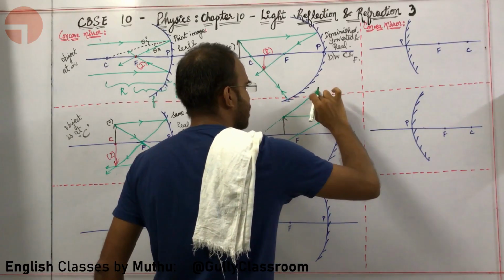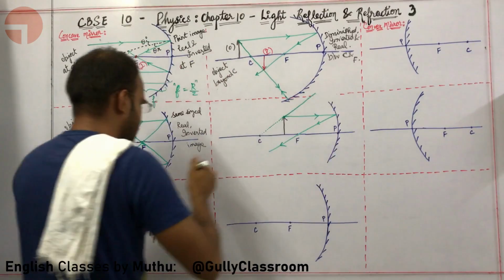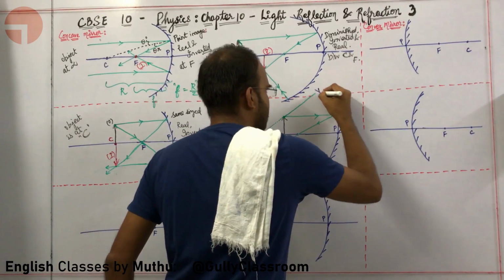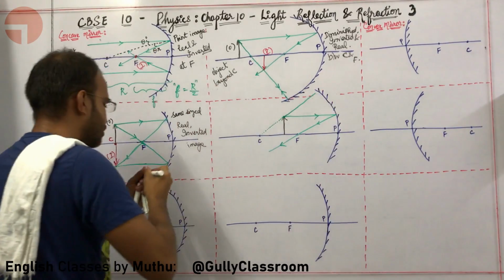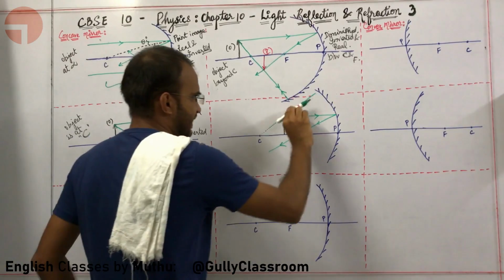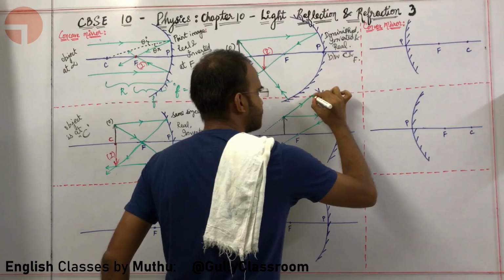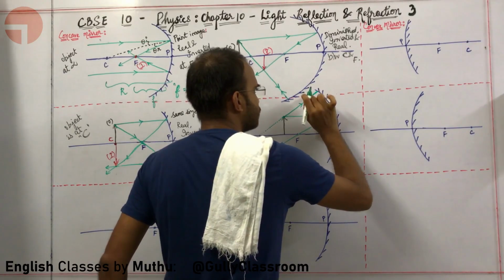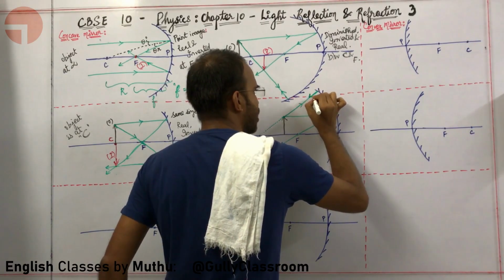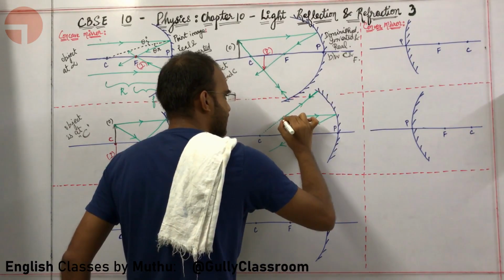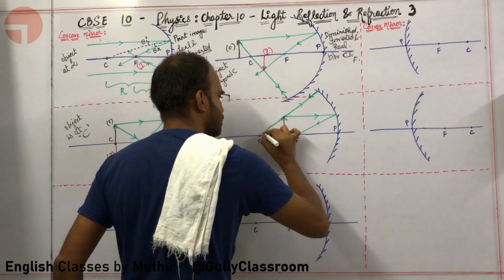Sir, here there is not even a mirror. That is not really an issue. Here you can simply extend the mirror like this. That is fine. Now what is going to happen? This particular light ray is taking the path along C, which is the path of the normal. When light rays pass through the normal, it will be reflected along the same path. So it will go like this and come back like this, and it will move like this.